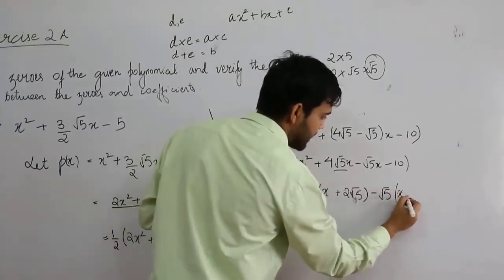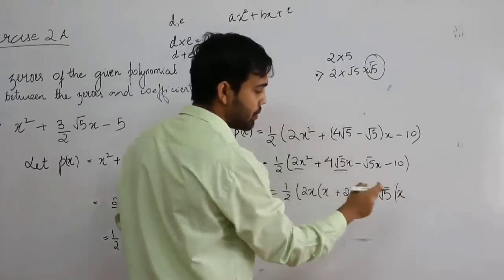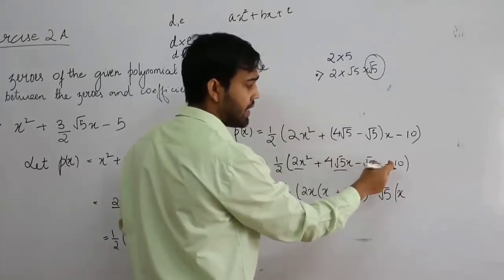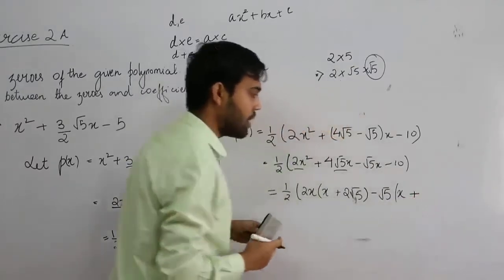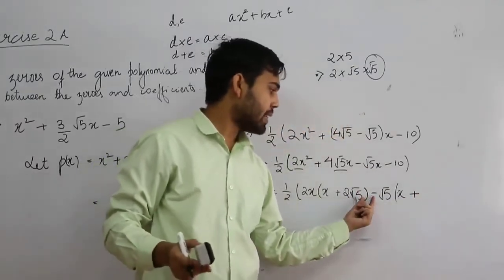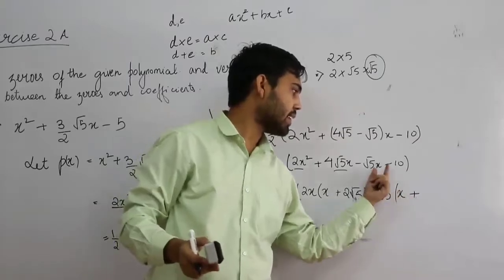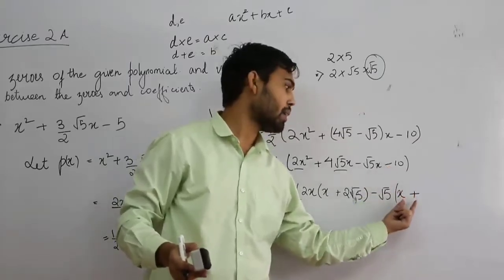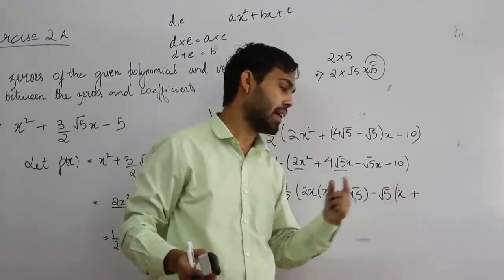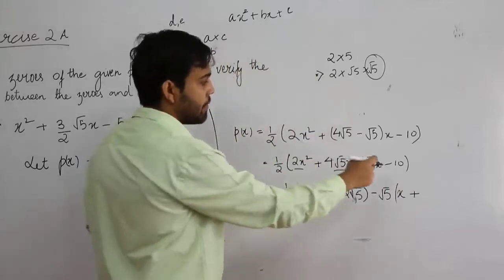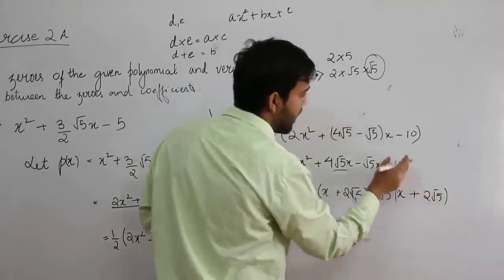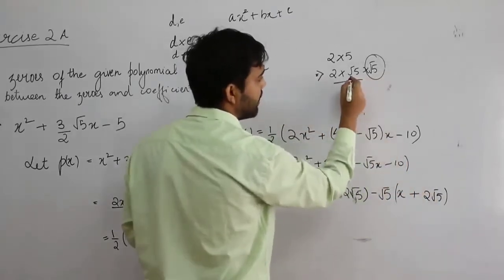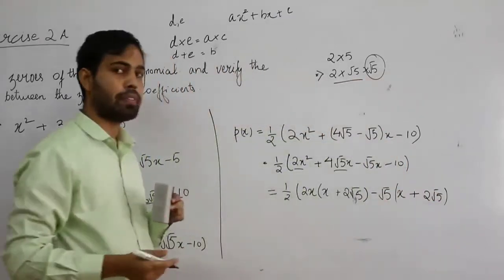I have x, I have a minus in here, so I have a minus in here. If I multiply minus and minus, I have a plus. Or in other words, when I multiply this sign and this sign, I should get a minus sign in here. So I am putting a plus because minus into plus is minus. And what is left in here? I have 2 root 5. I have taken root 5 outside, so what is remaining? I have 2 root 5, so I am putting 2 root 5 in here.